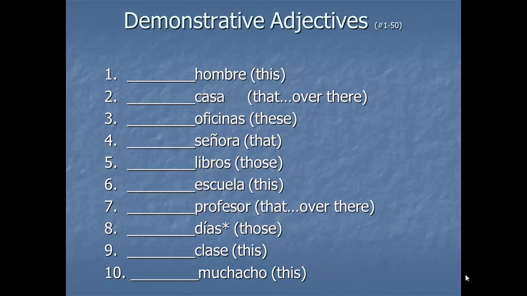Okay, so I'm about to show you the answers. So if you haven't paused it, please do so now and go do your answers so this video can be effective. So here are your answers for 1 through 10. Este hombre, aquella casa, estas oficinas, esa señora, esos libros, esta escuela, aquel profesor, esos días, días is masculine even though it ends in an A, esta clase, este muchacho,